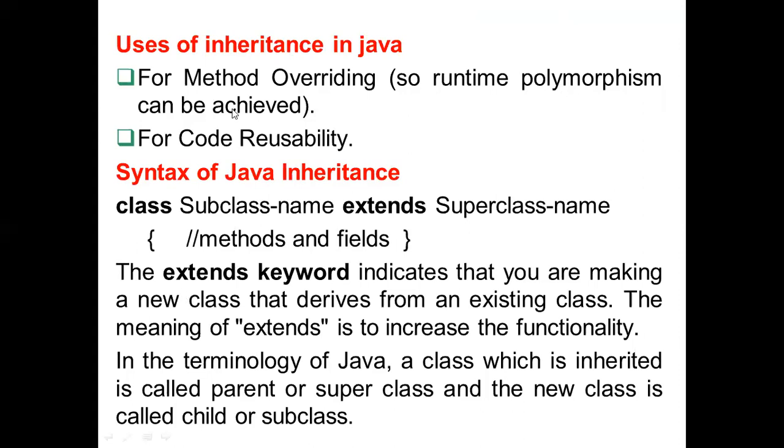Code reusability and method overloading. Then the syntax of Java inheritance. See here, syntax is very important. Class is a keyword followed by the name of the child class. So we can say subclass name